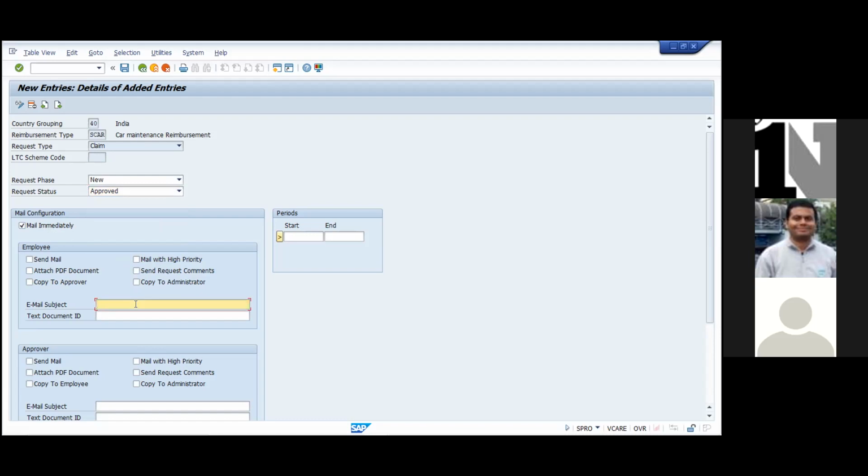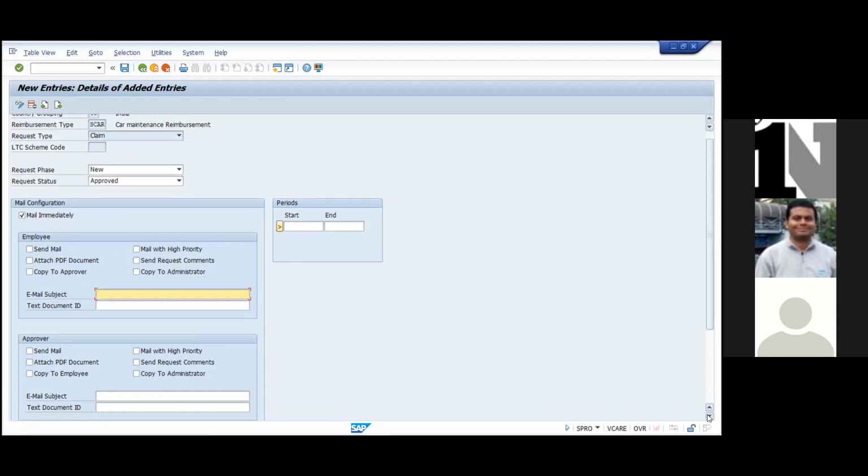Then if you save it, whenever your reimbursement process is happening, this configuration will be read by the system and your email will be triggered accordingly. Okay. The email subject again will be subject to the client. The client will have their own subject line like approved for this and this. Okay. So you can mention those things, and start date and end date. Suppose you are going live on 1st of January 2021. You can put start date as January 2021 and end date as 31/12/9999. Okay. So in this way you can configure it.